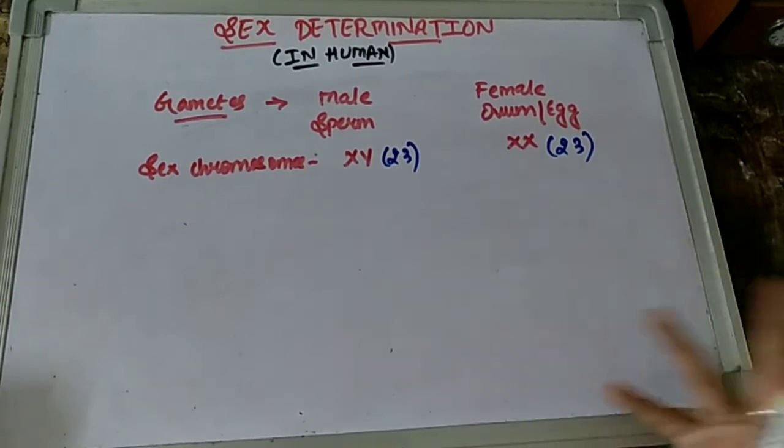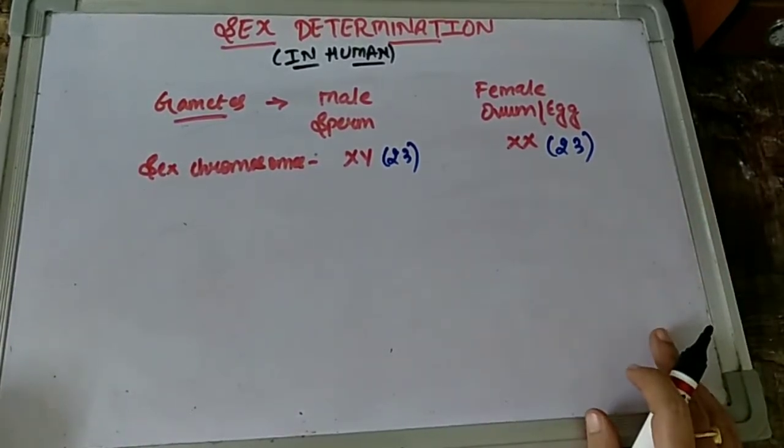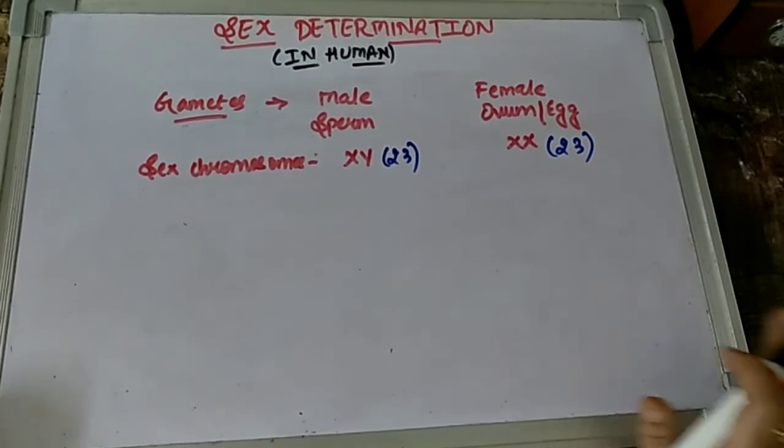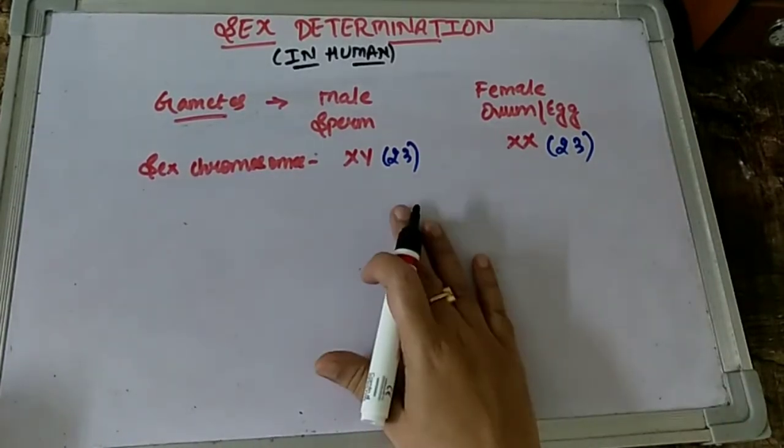So who determines whether a boy will be born or whether a female will be born? We might have seen there are so many social discrepancies in our society, children, that females are basically blamed for not producing a male child. So are females really responsible for it? Let us look at the scientific viewpoint now.